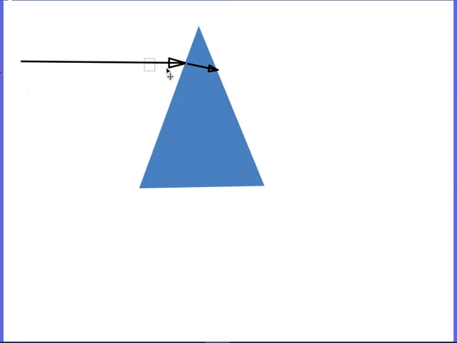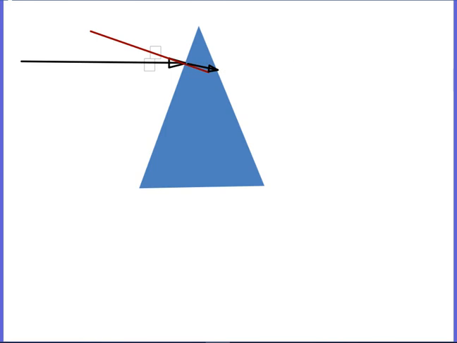Okay, so here we have light entering a triangular chunk of glass. It's coming in sort of parallel, and upon entering that chunk of glass, it does not continue straight, but it gets bent closer to the normal. Here, I'll give you a sense of straight. It doesn't continue straight, gets bent closer to the normal,